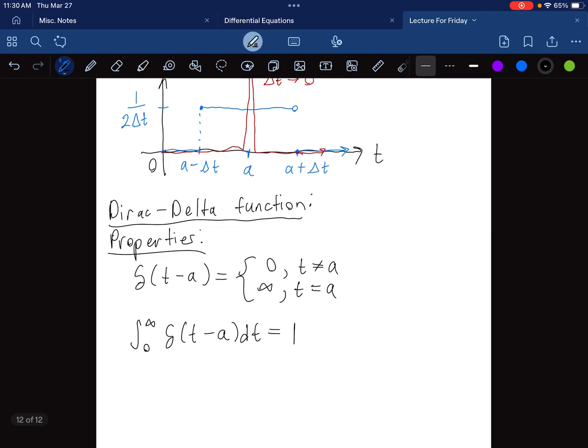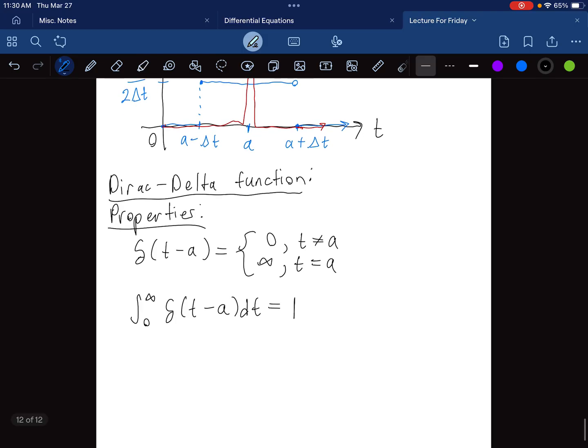And essentially with this property we can also have a sifting property come